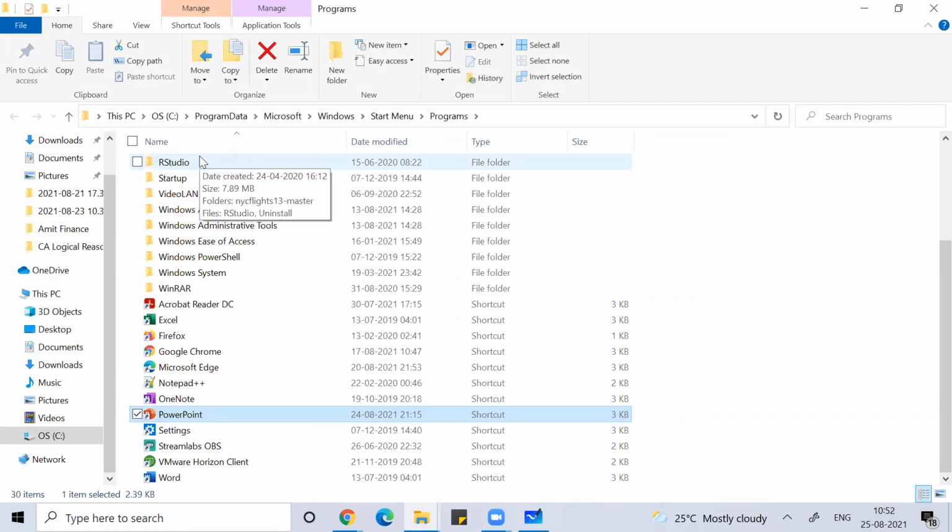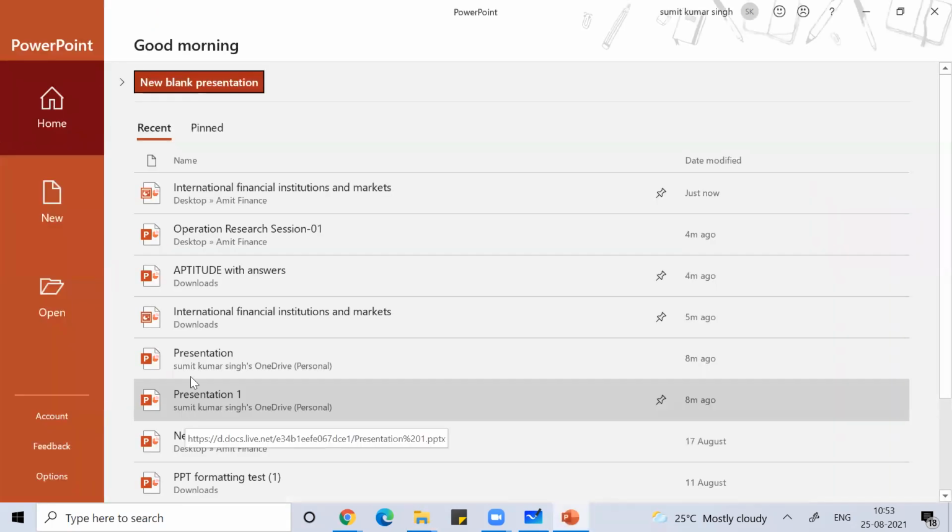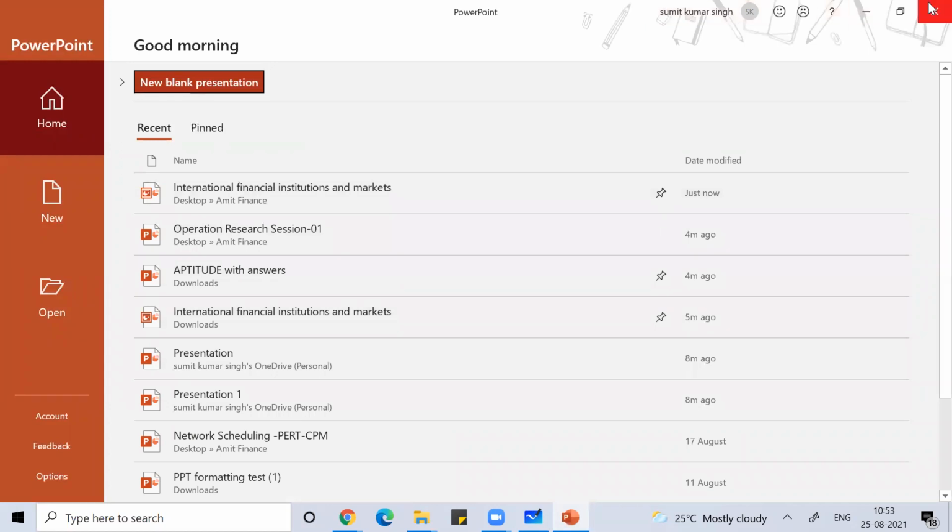After you click on Open file location, you will find PowerPoint visible here.